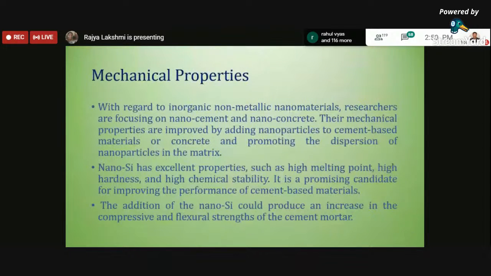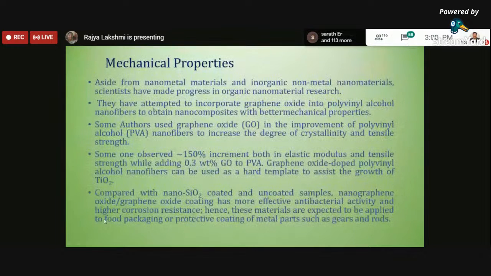If you observe some of the buildings, because of improper quality of the materials, within a short period of time we'll be observing cracks. Even sometimes the building itself will be collapsing in a short period of time. All because of the material features or properties which were used for constructing the particular building. That is why nanotechnology or nanoparticles will be helping to improve the properties when you are trying to construct, not only for metallic materials, even for non-metallic materials.